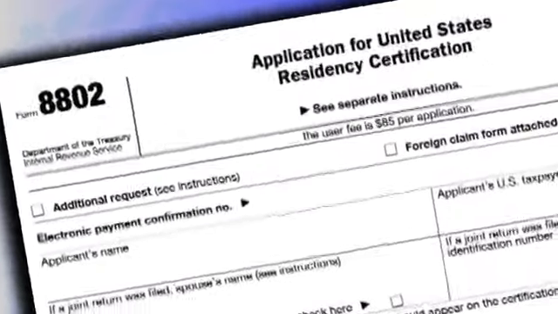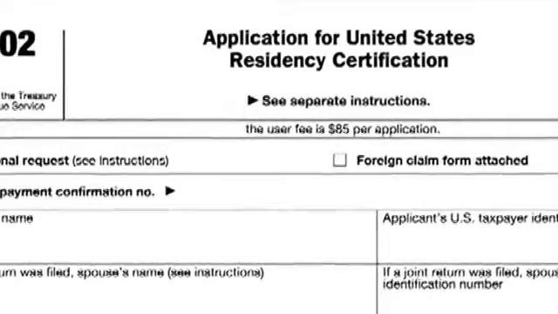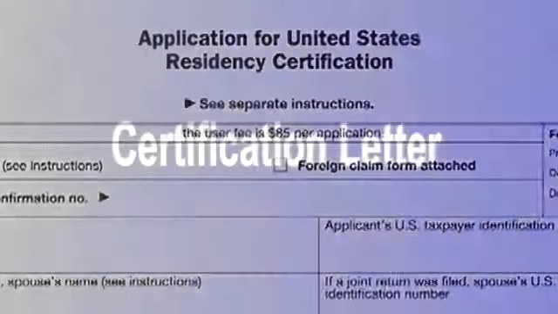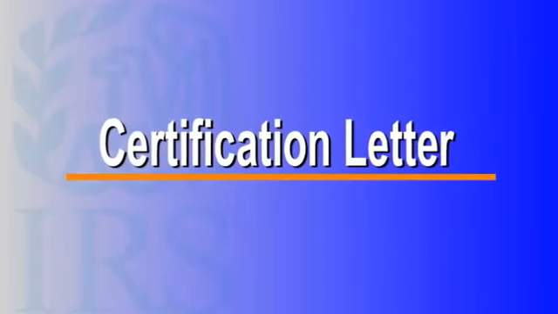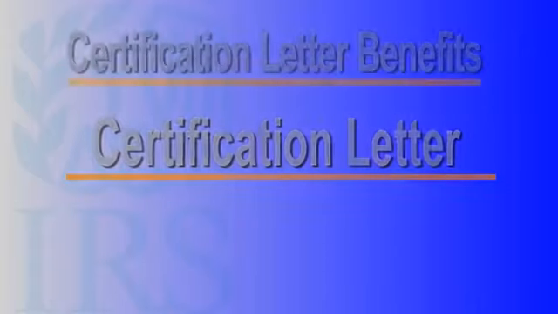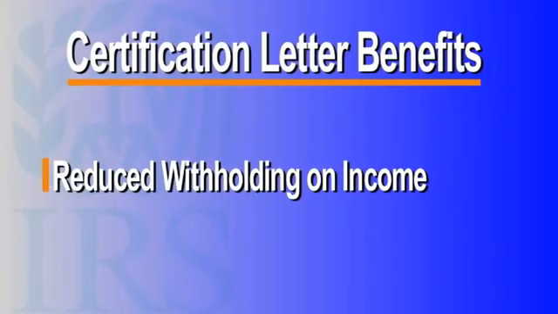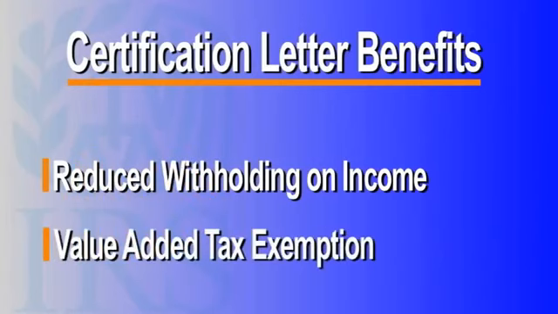Are you an individual, corporation, or other entity that needs verification of your U.S. residency for tax purposes? If so, here are some tips to help you fill out Form 8802, which is the U.S. Residency Certification Application. If your application is approved, the IRS will send you a certification letter that you can use to claim benefits under a tax treaty with a foreign country, such as reduced withholding on income you receive from that country. This letter can also help you if you are claiming exemption from a value-added tax imposed by